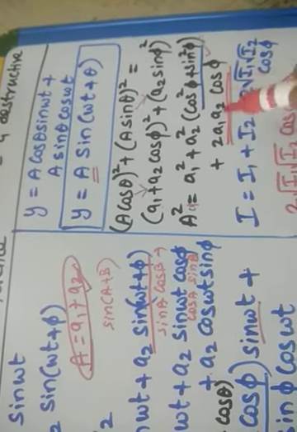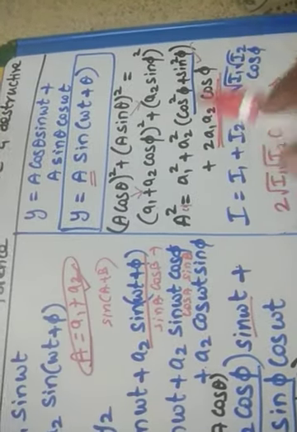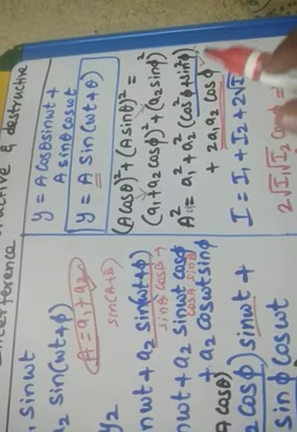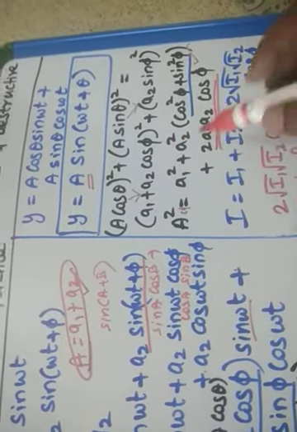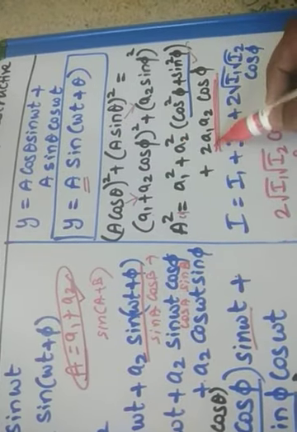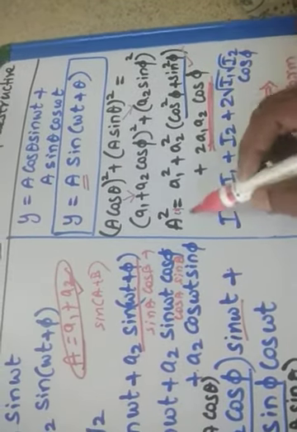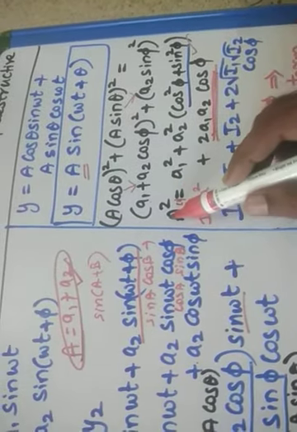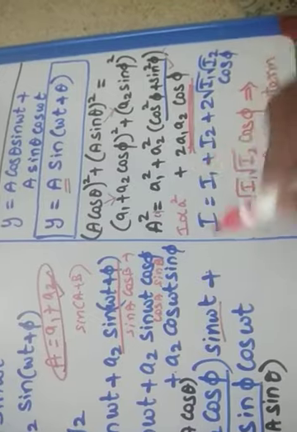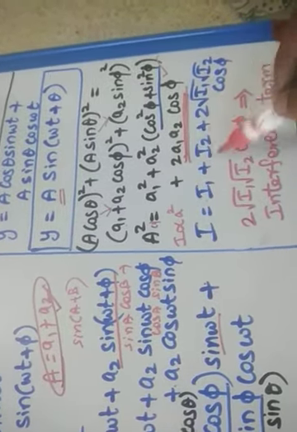After giving this mathematical proof, others believed that light has a wave nature. We can explain reflection, refraction, interference, polarization, diffraction, everything by using the wave theory. So this is a very important, remarkable derivation. Additionally, we get 2 a1 a2 cos pi. Already we know that intensity is directly proportional to amplitude square. So A square is the total intensity of the final wave, a1 square is the intensity of the first wave, and a2 square is the intensity of the second wave.